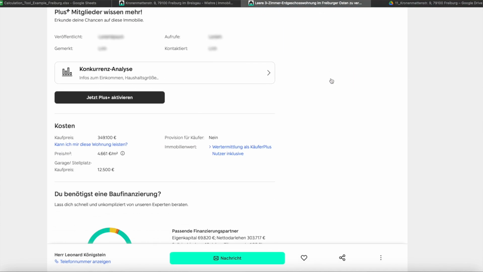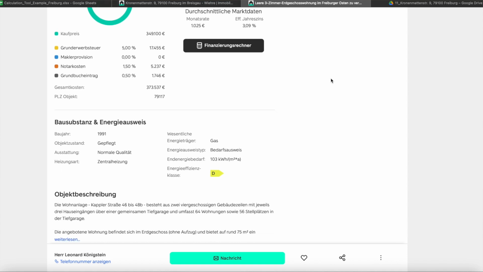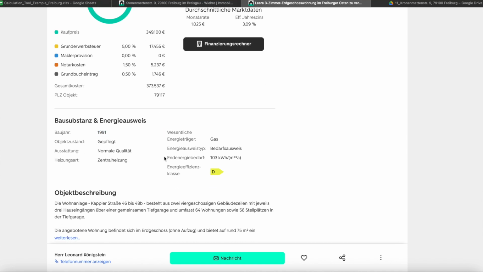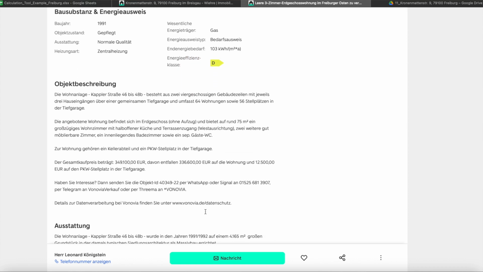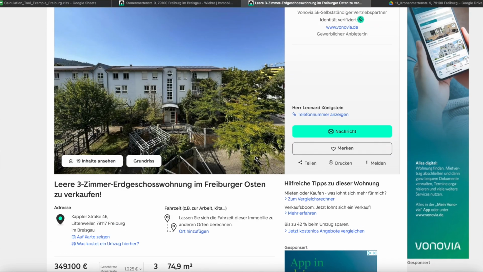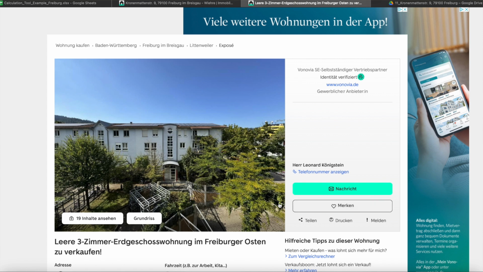the basic or key information such as the construction year, maybe also the energy efficiency class, and then, as I said, also you need to go through the description. Whenever you think this is a suitable property for you to invest in, and really take, I'd say, 5 to 10 minutes to read through everything and to look at all of the pictures, you do contact the broker directly